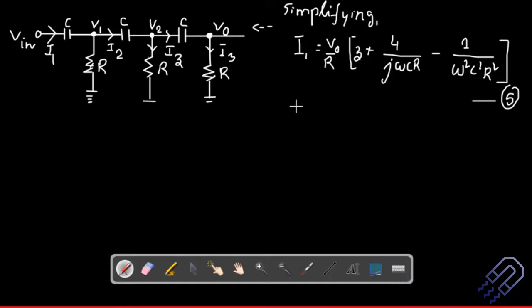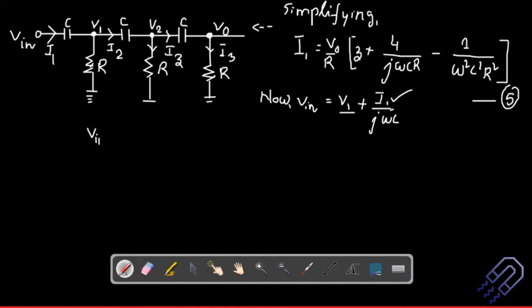So now we have got 5 equations. Next, we are going to do it at the beginning of the terminal. Now V in, which is the input, is equal to V1, and then there is a voltage drop because of this. So we take it to be plus I1 divided by j omega C. It's the same logic here. Then you can replace your V1 and your I1 from here. This is something I leave to you. I really would like you to do it.